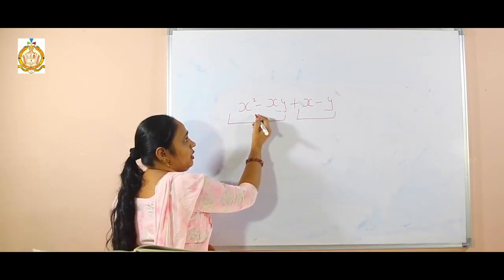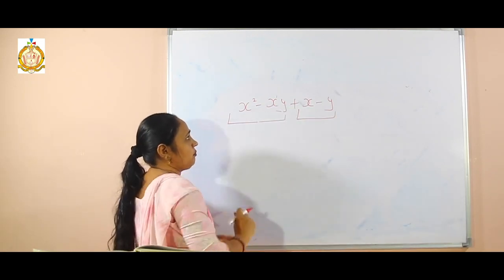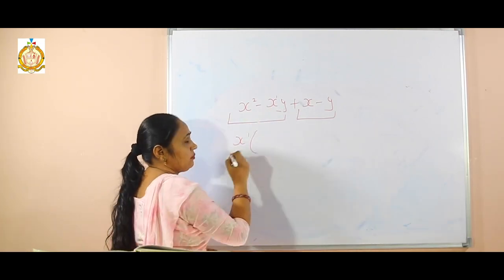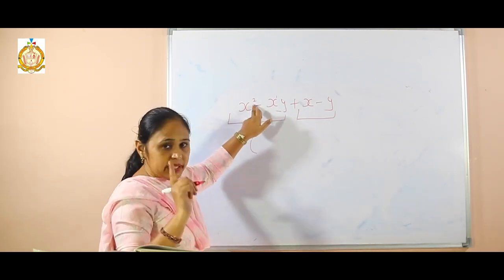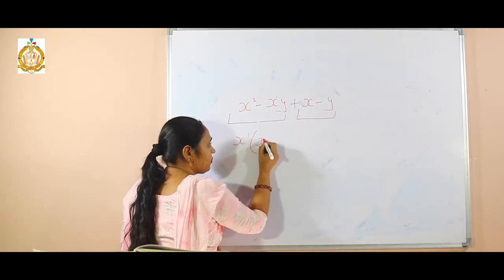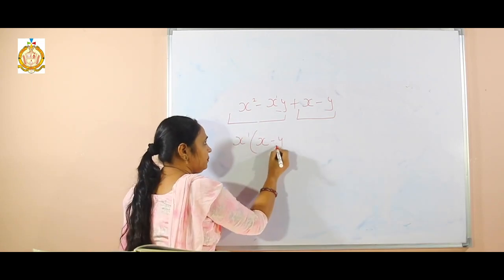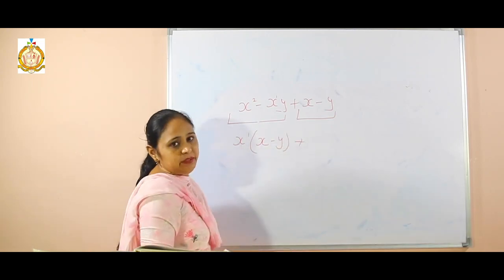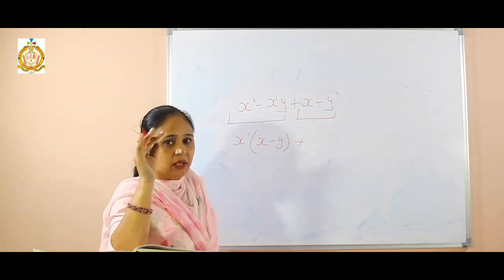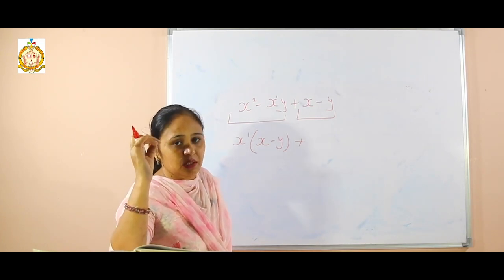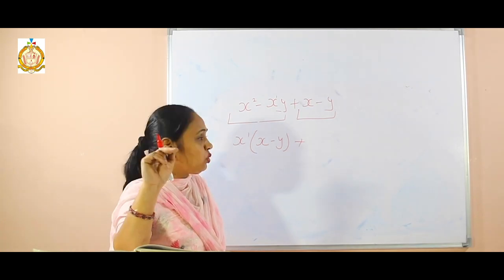First I group this one. From here, what is common? X is same, I can take x raised to power 1. Now x raised to power 2 here, I can take 1x. X gone outside, what is left? That is y. No plus sign will be there; if we want to put one ourselves, we put the plus sign. Don't take negative because it changes everything.